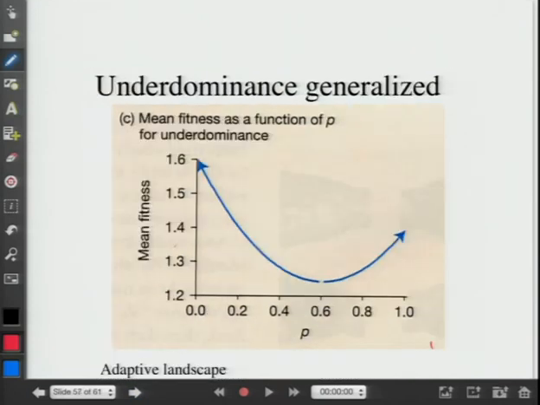Oh, I'm going to go back to this adaptive landscape. So this is kind of going to be an analogy